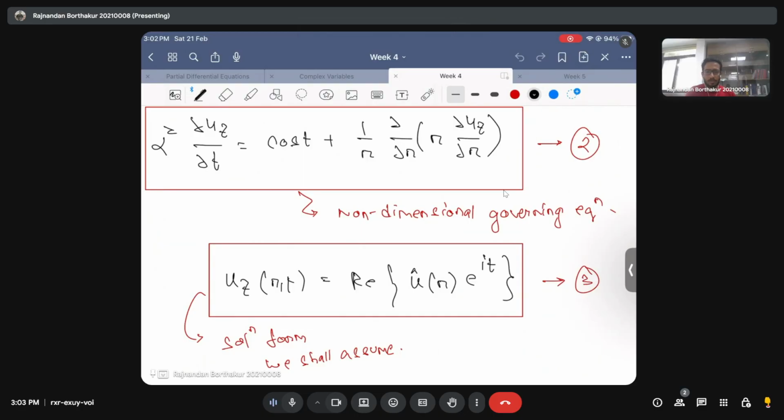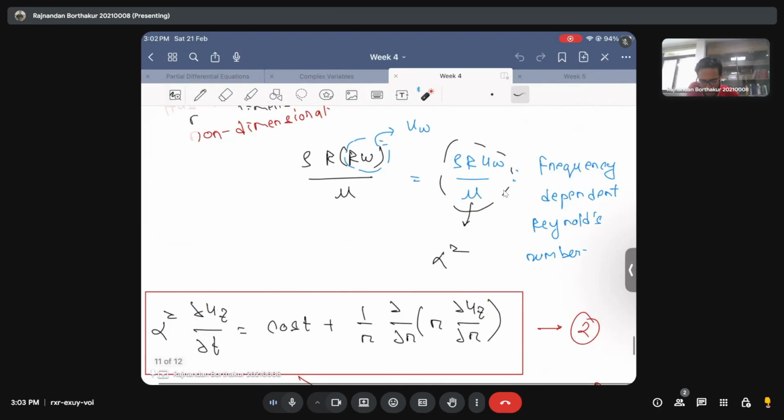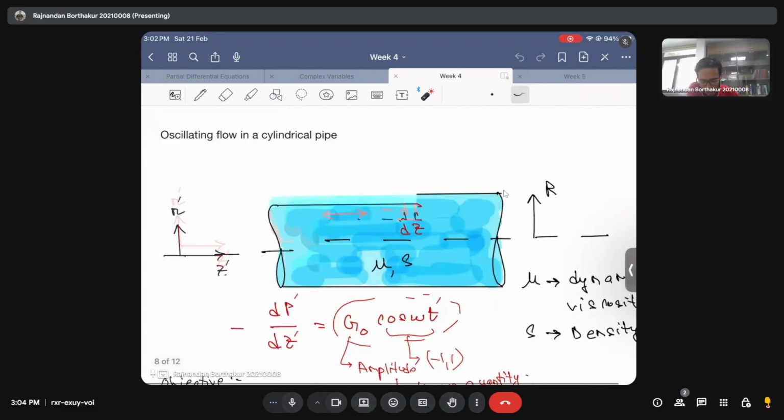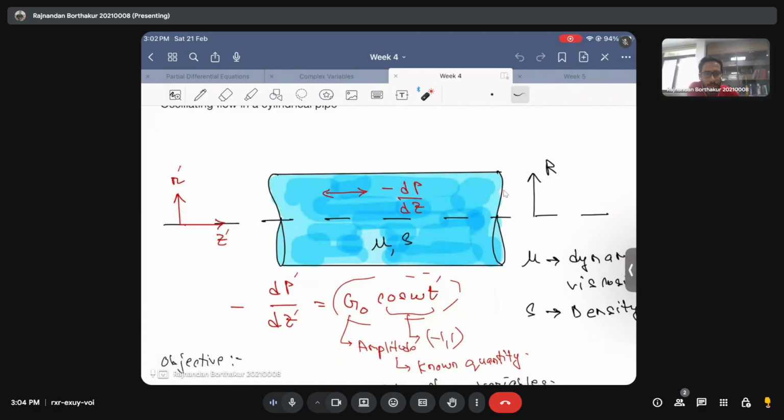Okay, welcome back everyone. So we will start from where we left off in the previous week. So just giving you a quick recapitulation. We were looking to solve for the velocity field inside a cylindrical pipe where the imposed pressure gradient